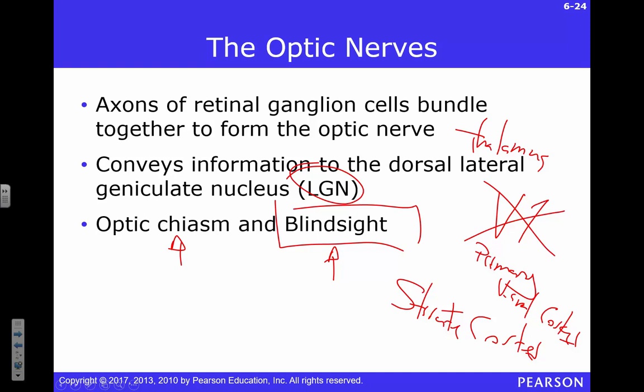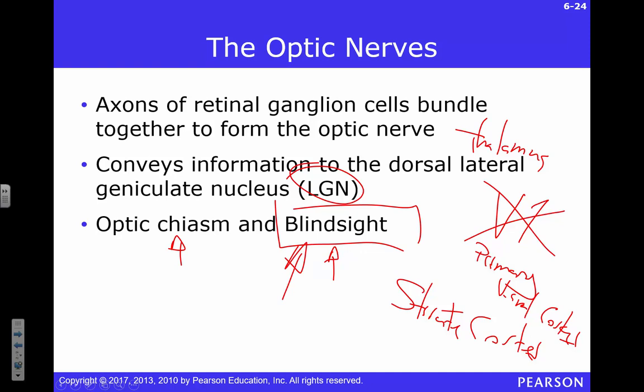What's interesting about this particular type of blindness is these individuals can actually successfully dodge objects that are in their way, right? And that's because there are other pathways into other parts of visual cortex besides primary visual cortex. There's some visual motion information that goes in through another pathway. We call that blind sight. It's actually pretty cool, right?